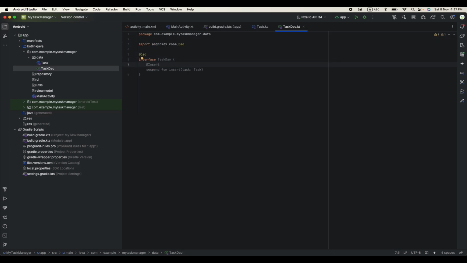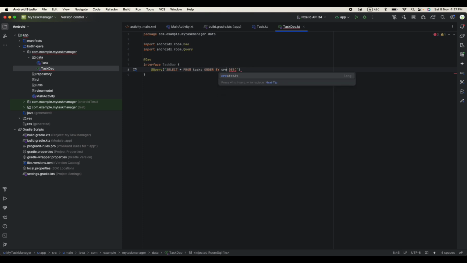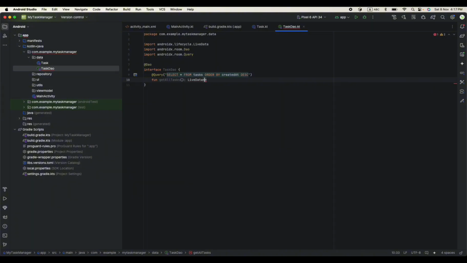Now let's say query, and this query should be select star from task from this table, order by created it, descending. So this one should be function get all tasks, and this should return the live data and